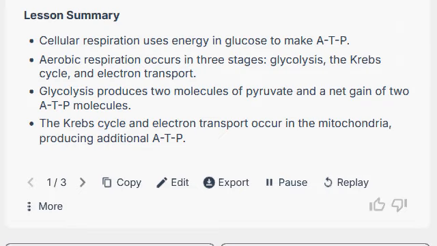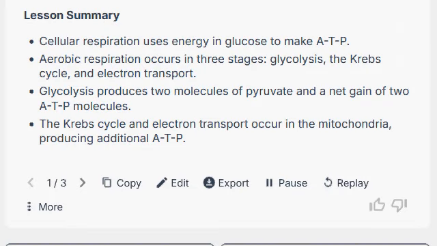Lesson summary. Cellular respiration uses energy in glucose to make ATP. Aerobic respiration occurs in 3 stages: glycolysis, the Krebs cycle, and electron transport. Glycolysis produces 2 molecules of pyruvate and a net gain of 2 ATP molecules. The Krebs cycle and electron transport occur in the mitochondria, producing additional ATP,